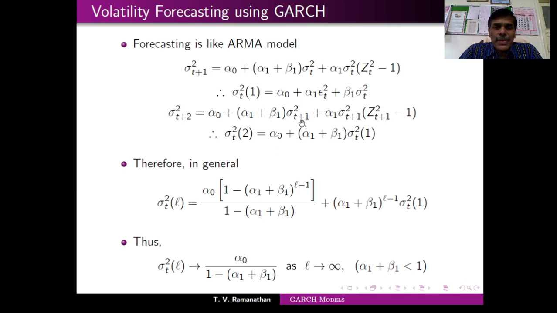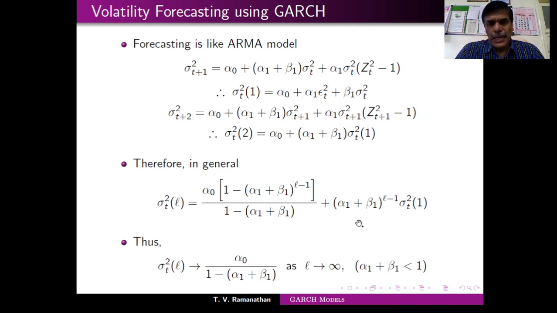Again, doing the same stuff here, I will be replacing this with this, and if you simplify, that leads to this kind of an equation: alpha naught plus alpha 1 plus beta 1 into sigma t square. That means this is the volatility estimate at t plus 1, and this is t plus 2 now, and so on. Continuing in this way, in general this reduces to this kind of an equation: alpha naught into 1 minus alpha 1 plus beta 1 to the power of L, at the L step. This is for the second step, one step, two step, and so on. At the L step, you get this